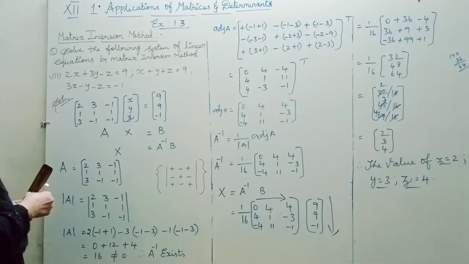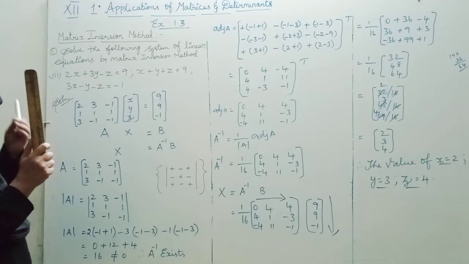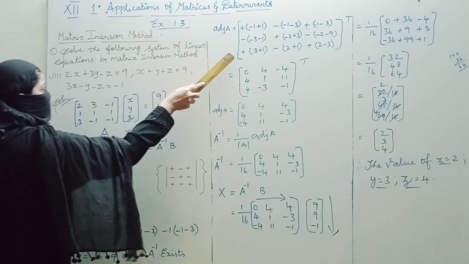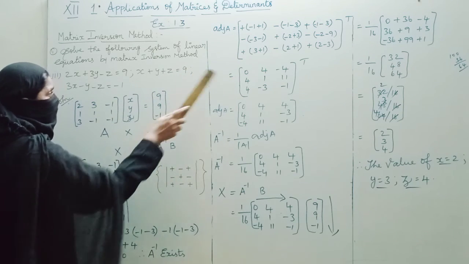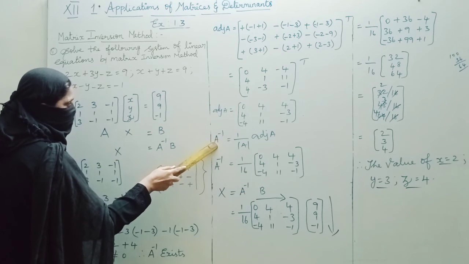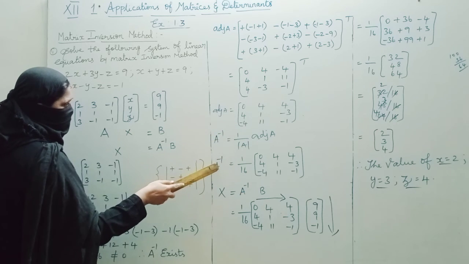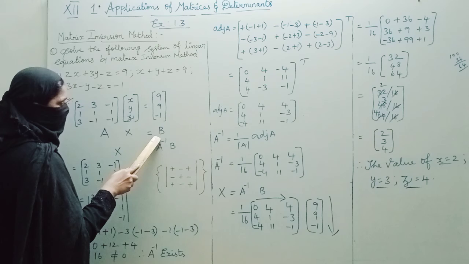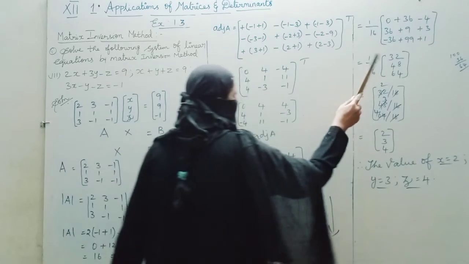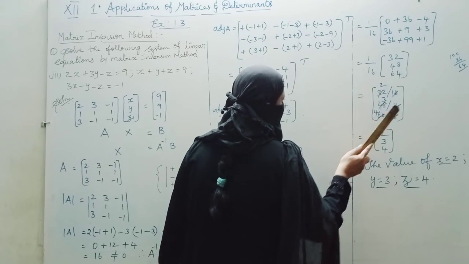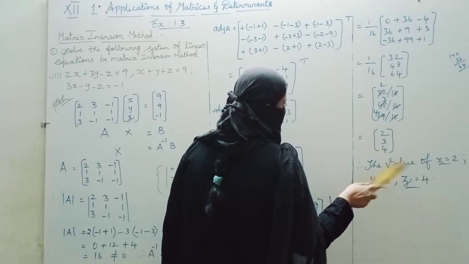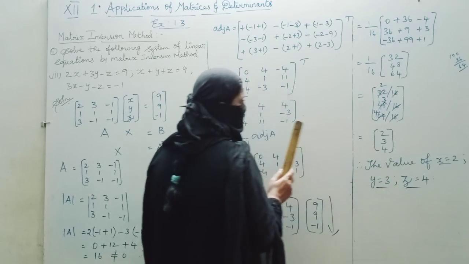Once again I will repeat: for a 3 by 3 matrix, to find x equal to A inverse B, in the cofactor method you want to find out the adjoint A. You should do the transpose. After finding the transpose only you are getting the adjoint A. And then as the usual method, first you find out the A inverse, 1 by determinant A into adjoint A. After finding the A inverse you should multiply A inverse and B. Are you able to simplify the terms, whether the bracket terms or the outer terms are multiples you can divide it. Otherwise you need not divide. You can leave it as it is. What is the answer you are getting? Therefore you will get the x value, y value, z value. That's all.